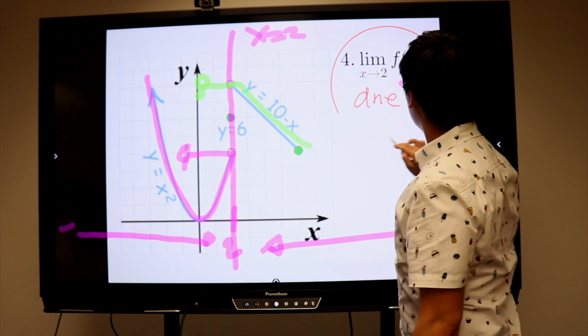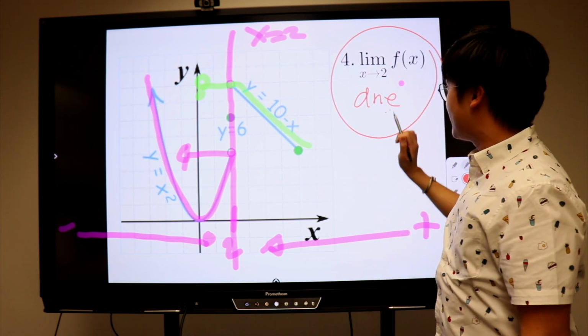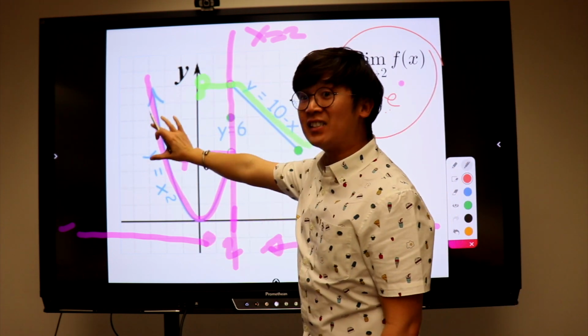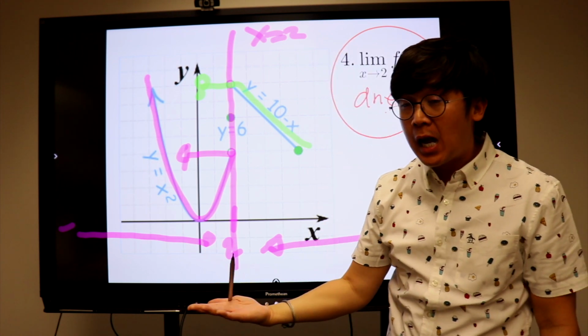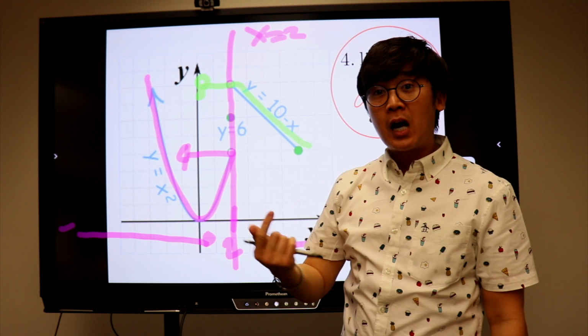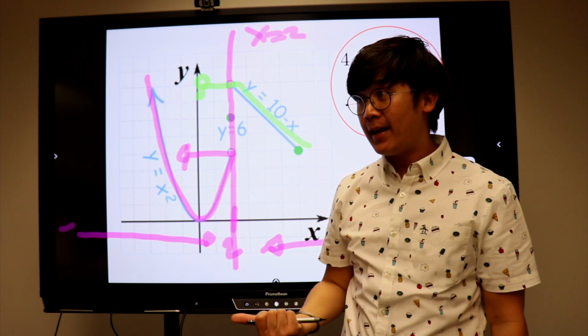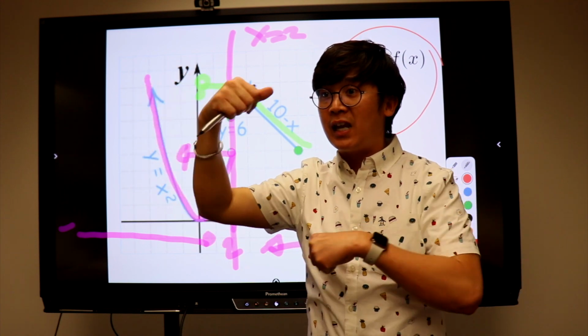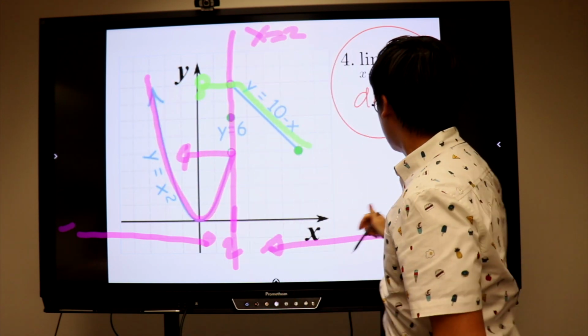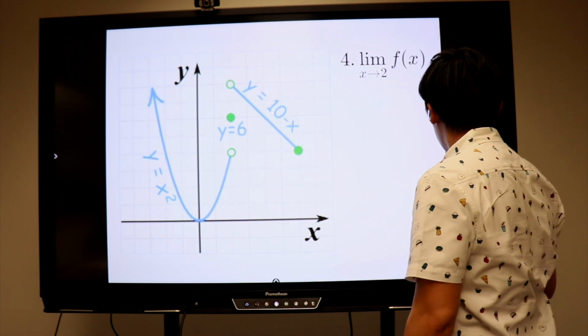So this and this is the reason why it does not exist. So now do you understand why sometimes limits don't exist? Not because Lindsay Lohan says it, it's because the graph is showing us that they're not meeting on the same value of y. So, given that,